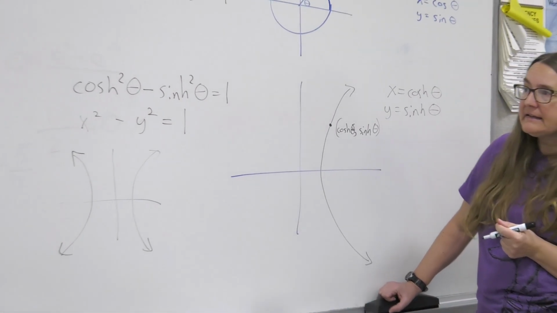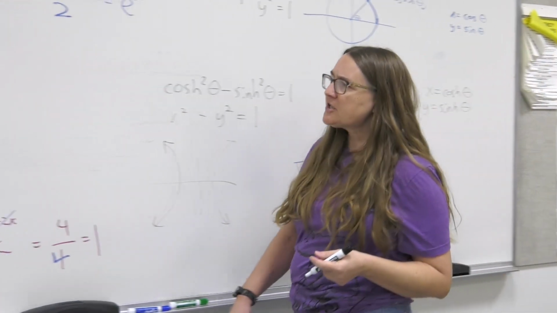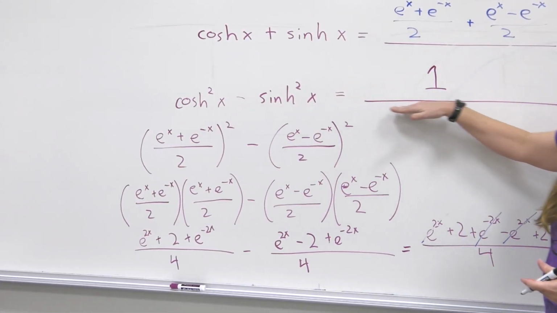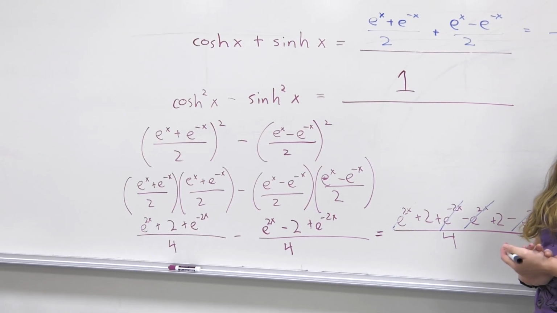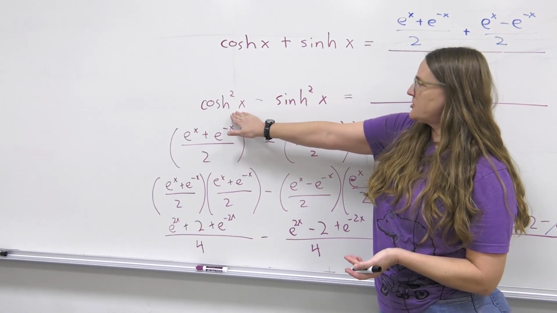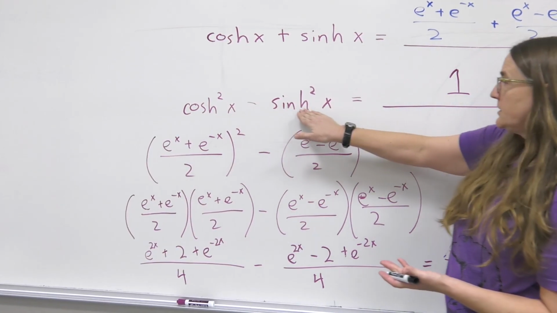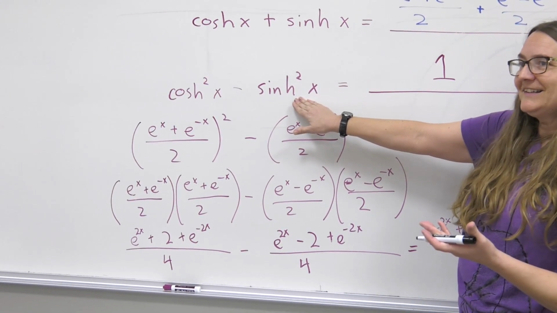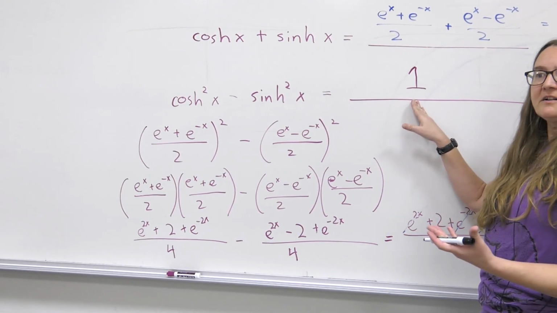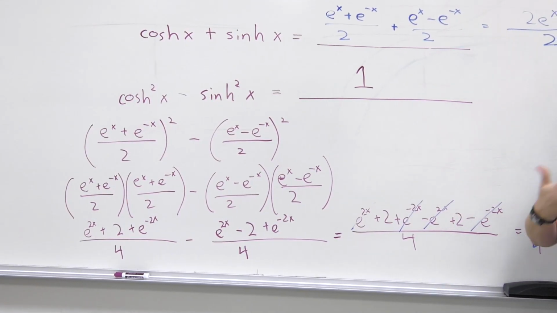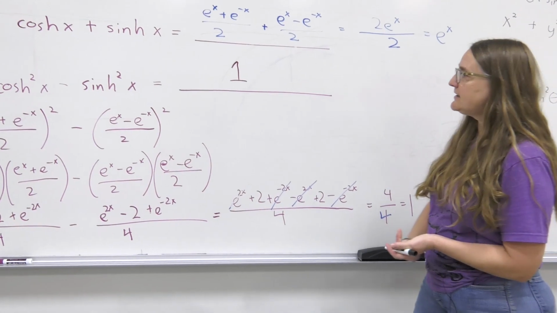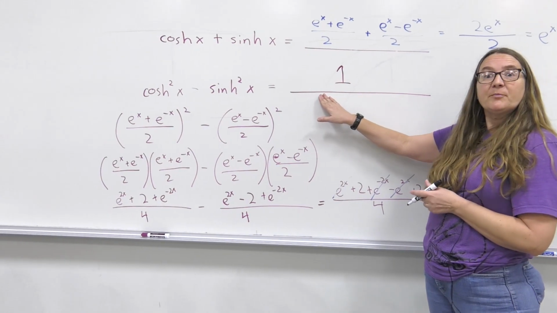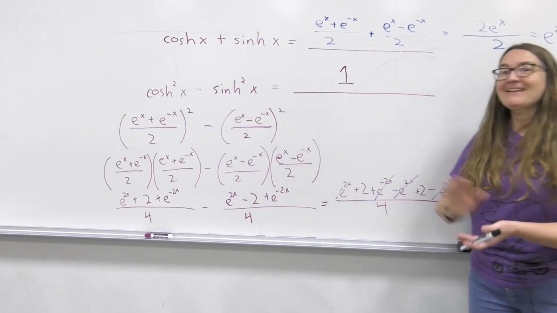There are other identities. I'm going to stop with these and just point out that if I wanted to get to some related identities, I could take this equation, if I divided through by cosh squared, notice this term would become cosh squared over cosh squared, which is 1. This would become sinh squared over cosh squared, which is tanh squared. And this would become 1 over cosh squared, which is sech squared. So just like with regular trig, you can get 3 different versions of the Pythagorean identity, you can get 3 different versions of this that involve ultimately all 6 of the hyperbolic trig functions. All right, and that's it for this video.